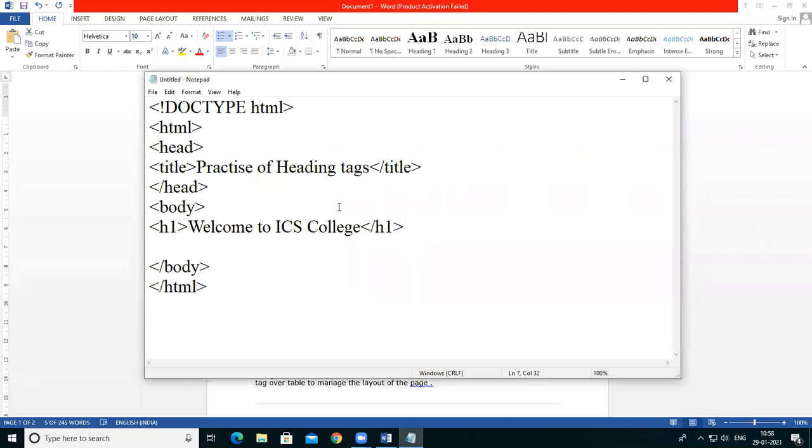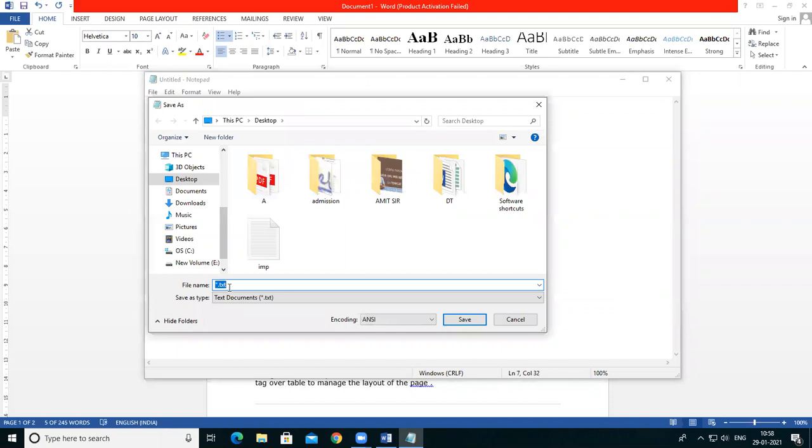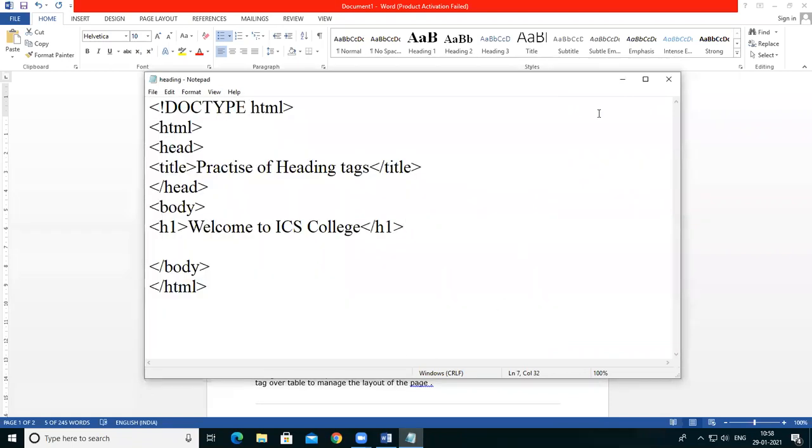First of all, I'll show you how these heading tags work. First of all, save this program as heading dot html. Don't forget to give the .html extension. Here the body tag is closed and the HTML tag is closed.